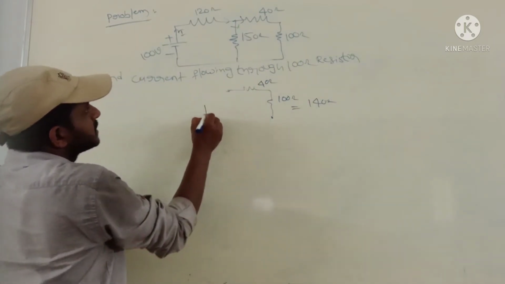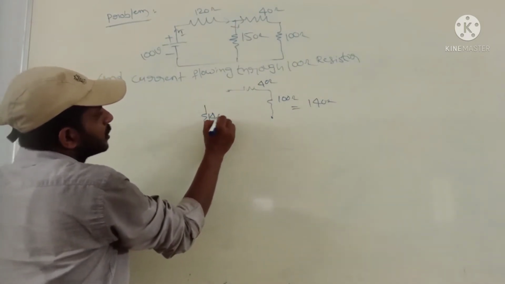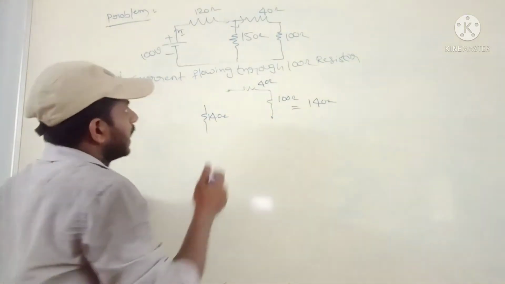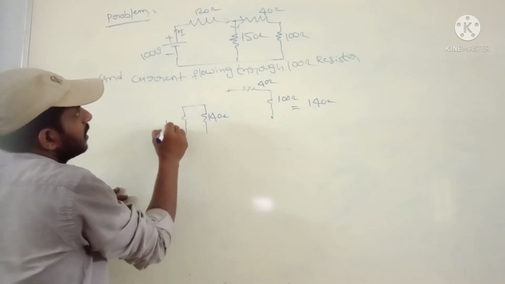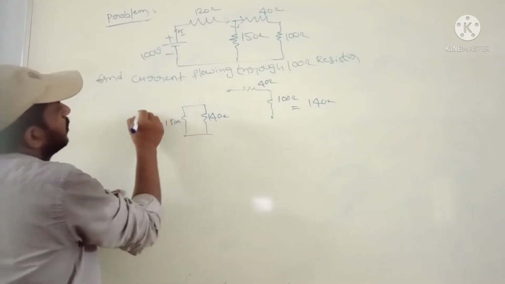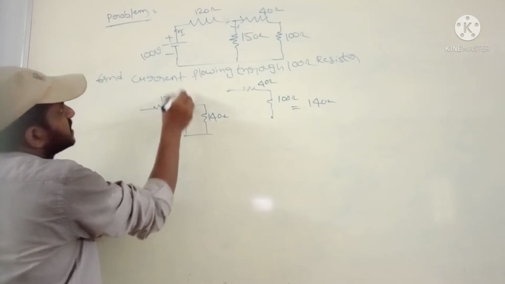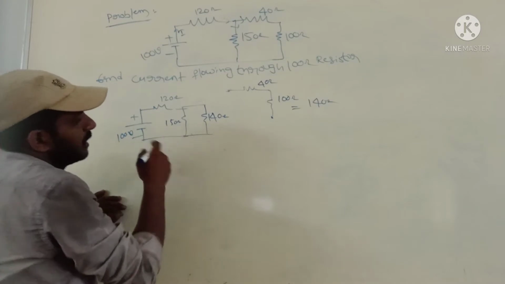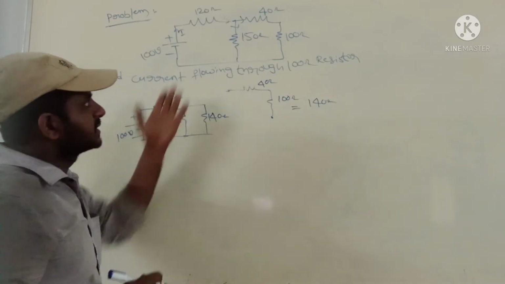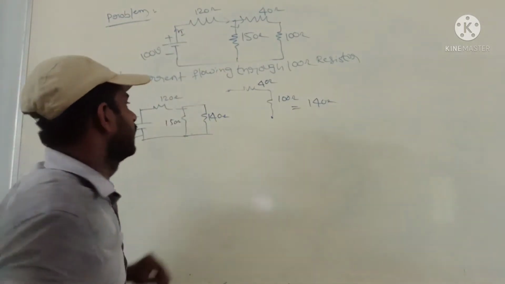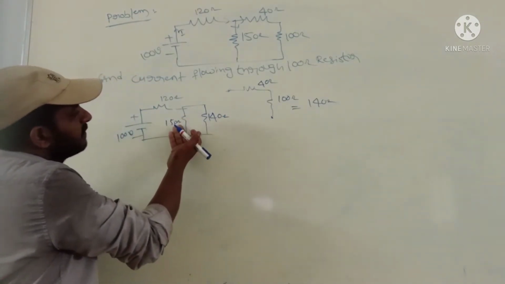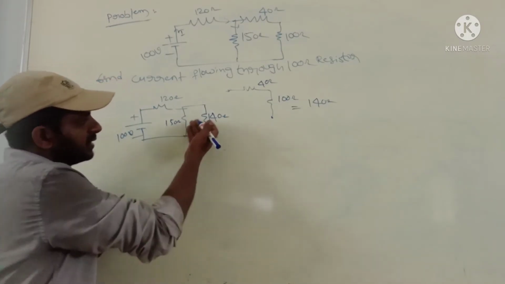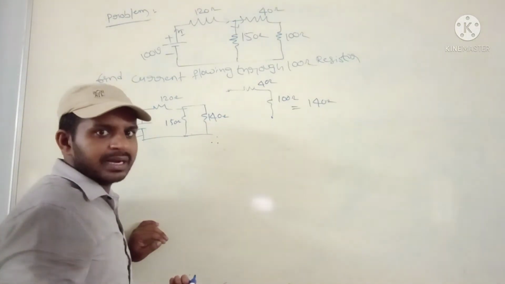So the equivalent circuit has to be drawn like this. We already know how to draw the overall representation step by step. Connected in parallel there is the 150 ohms, and another 120 ohms, and also a battery like this. This is the basic entire circuit diagram according to this equation. Here both the 150 ohms and 140 ohms are connected in parallel, so two resistors are connected in parallel.